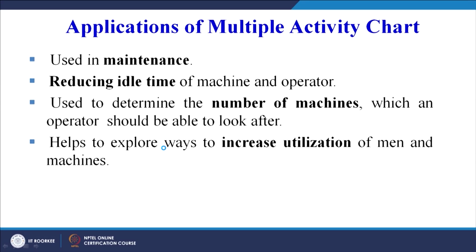It helps to explore ways to increase utilization of man and machine, as in the last case study that we have taken. We have been able to improve the utilization of the worker as well as the utilization of the machine, by slightly educating our worker on the way he must sequence the various work elements that he is doing on the casting. If he is able to sequence them properly, he will be more efficient and more productive